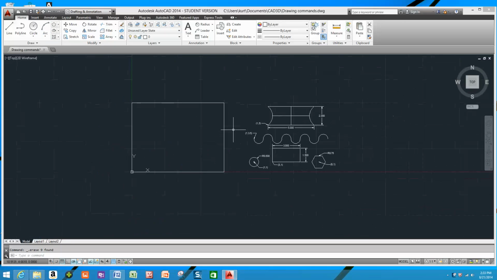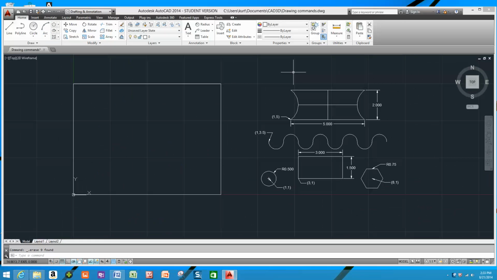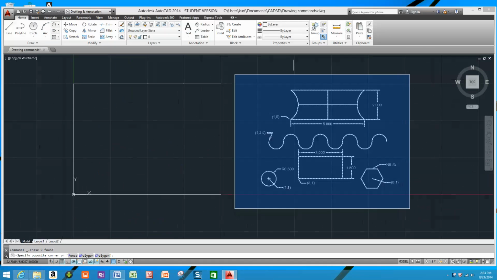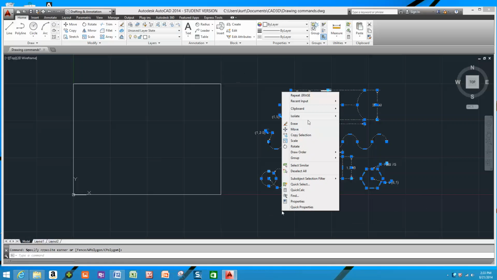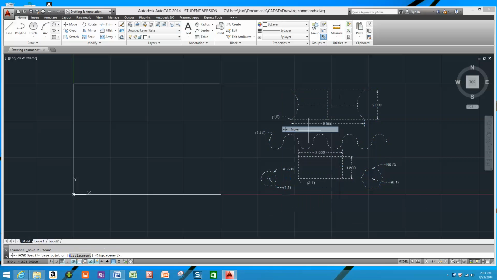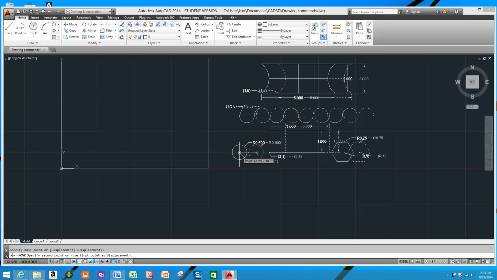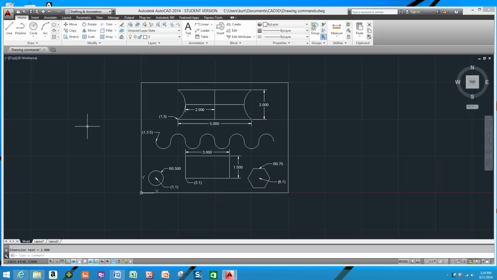Now I want to take all these drawings and move them back into the right location. So I'm going to highlight everything, press move, click my center point, and I want it to go exactly where it originally was, and that was at 1, 1. You do not have to do any of the dimensioning. All I need you to do now is to print it out, write your name on it, and check it on the